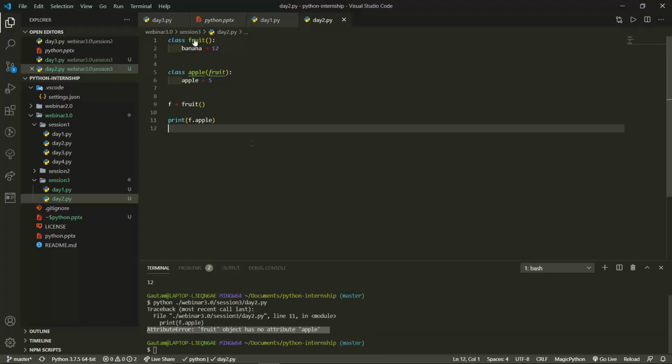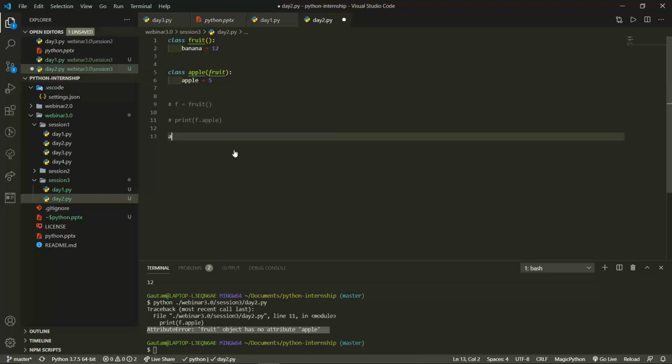Why did this happen? Because fruit is the base class and it is not derived from any other class. But if we create an object of apple, then it has access to the fruit class, and we can access banana also through the object of apple. I will just show you.